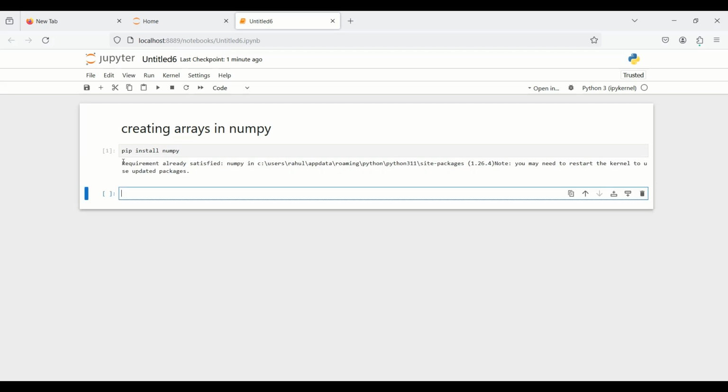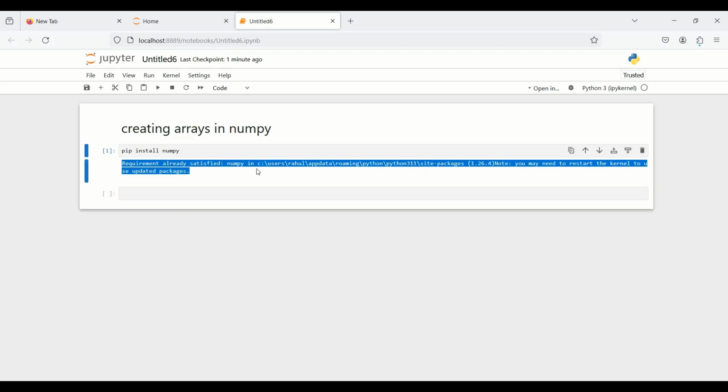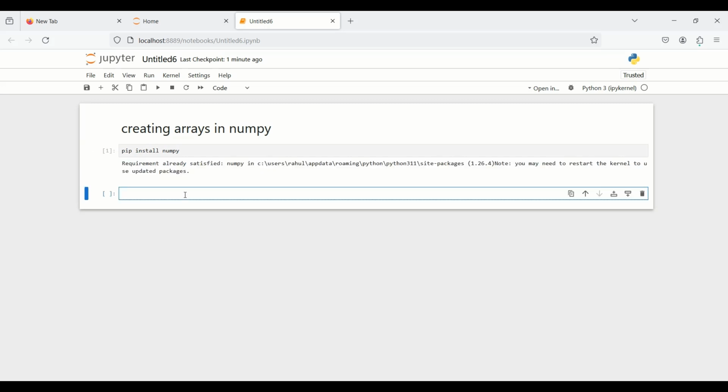Okay, so requirement satisfied, it means it is already installed in my system. Now we will use this library by using the import command. So import numpy as, an alias, okay, as np,